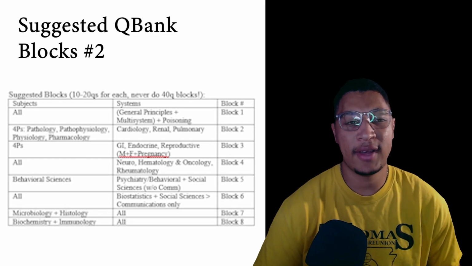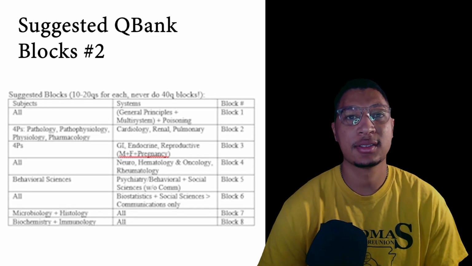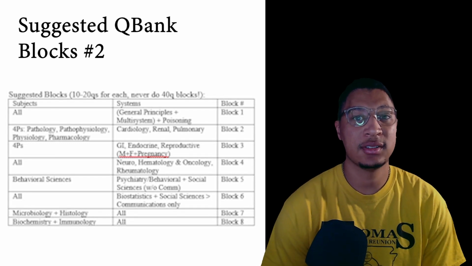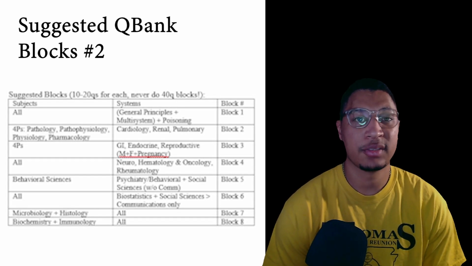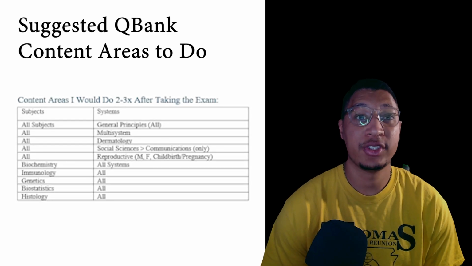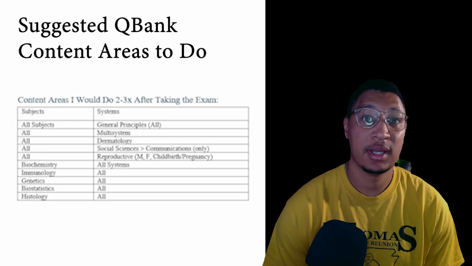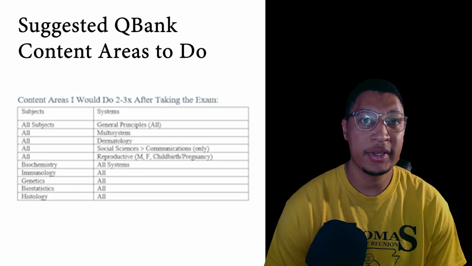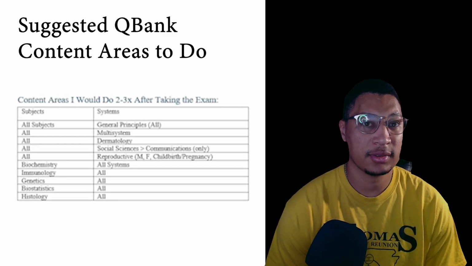So this is a more fine-tuned version of the blocks, and there is some overlap, but there's also some very specific focuses on the higher yield content areas based on the percentage breakdown for the MBMEs. And so the content areas that I would do maybe 2 to 3 times after taking my exam, if I were to do it again, would be all the general principles. So all the general principles questions, all the multi-systems questions, all the dermatology questions, all the social sciences, communications questions,